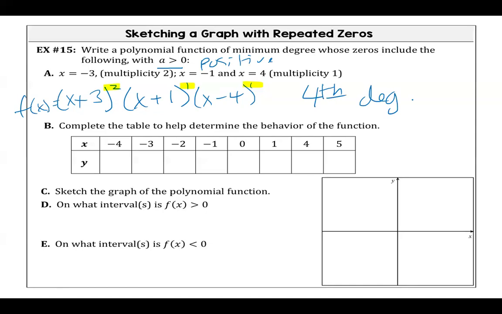All right. So now that we have this, we now can create our table. All we're doing here is evaluating these given x values in this function. Make sense? So we're looking for f of -4. When I plug -4 in here, what do I get? -4 plus 3 is, and again, if you need to write it out, no one's going to see your paper. It's your notes. It's your brain. So over here, I have -4 plus 3 is -1. -1 squared is +1. Makes sense? On to the next. Plug -4 in. -4 plus 1 is -3. On to the next. -4 minus 4 is,